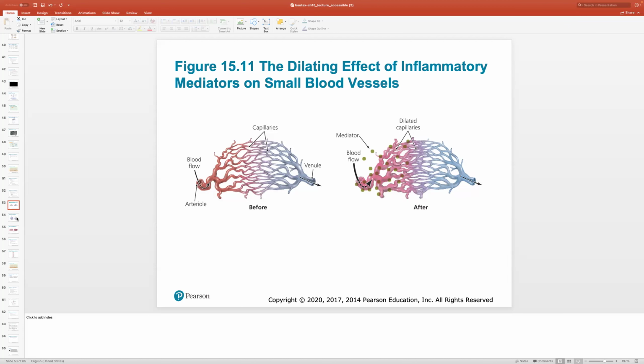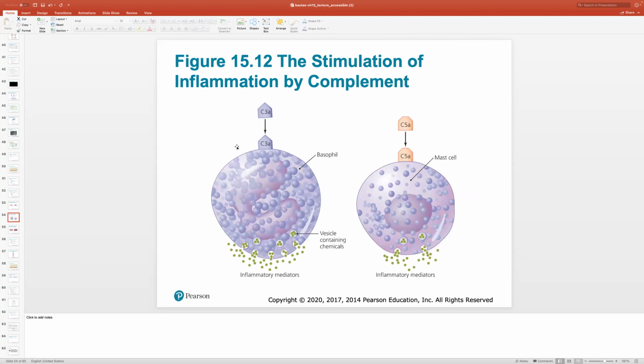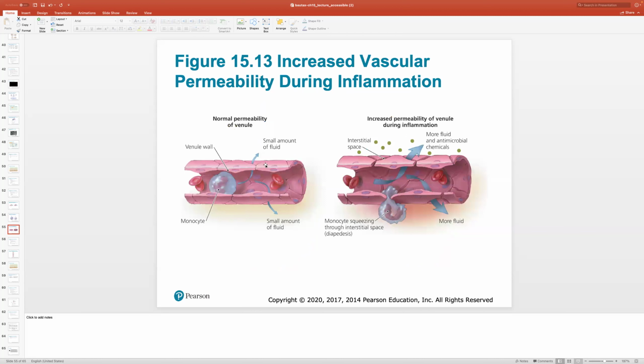Complement also plays a part in here. So here's an example with inflammatory mediators of C3a. And this is a basophil. C3a will stimulate the basophil to produce inflammatory mediators. On the other hand, a mast cell is triggered by C5a to produce inflammatory mediators. And the inflammatory mediators then are what cause the dilation,